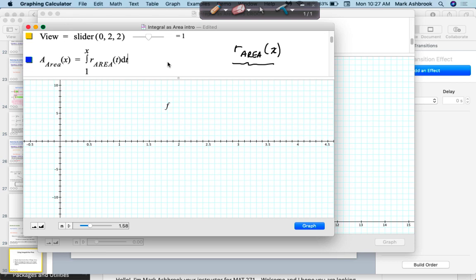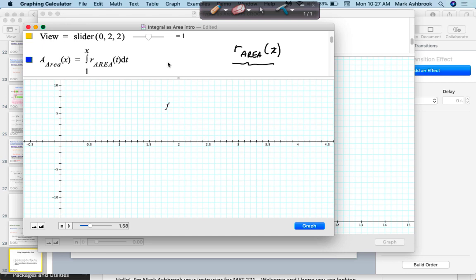That would be it. If I have that rate of change of area function, then I would just do my integral from 1 to x of the rate of change of area, t dt, and that would be my net accumulation of area. And then if we need to find particular values, we'll just let